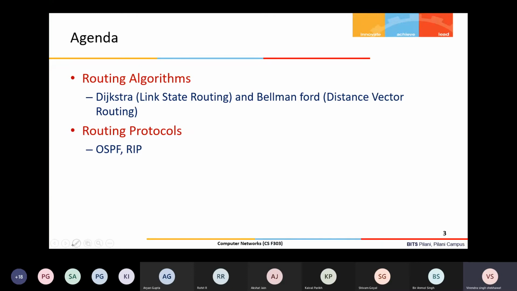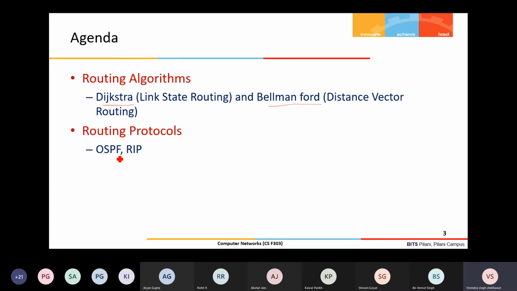Today we will see another algorithm, which is decentralized. Dijkstra was centralized because each node requires the entire topology information, so for larger topologies it has some scalability issues. We'll see the Bellman-Ford algorithm, which doesn't require the entire topology information, and the protocols based on these algorithms, which are used in the internet for route computation between the nodes. Subsequently, from these routes, the forwarding tables are constructed at routers.